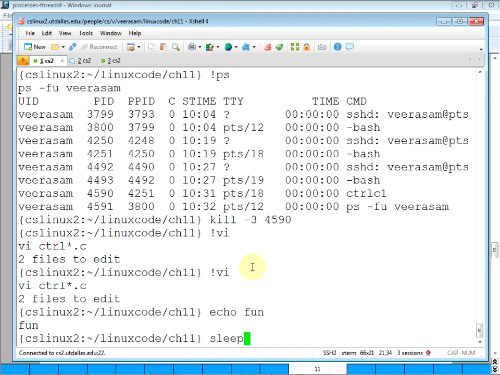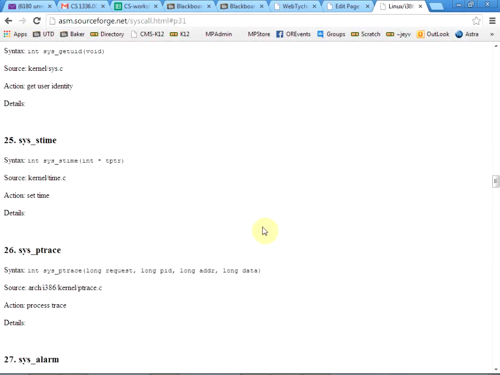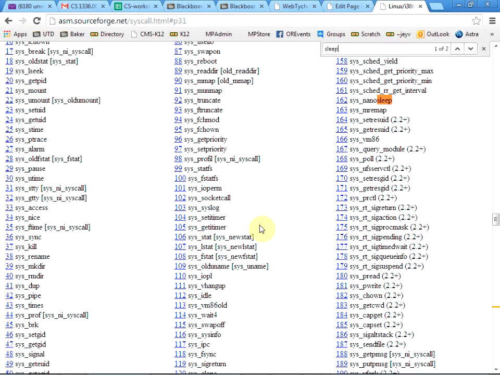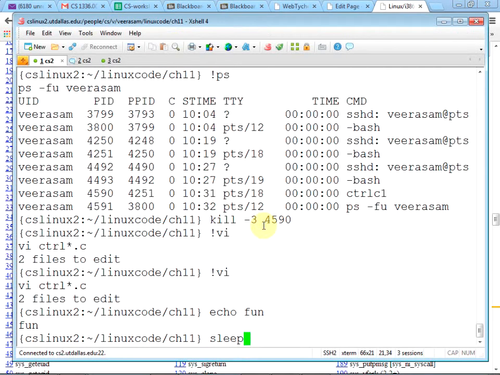So sleep is very likely a system call, or wait, it may be. There you go, there's nanosleep. It's good for sleep to be a system call, because that way it can feed into the scheduler. That way you can really put the task to sleep without using the CPU. If it's not there, you have to implement it at a high level, and you'll be using the CPU. You don't want to use the CPU when some task is sleeping. Okay, so speaking of sleep,